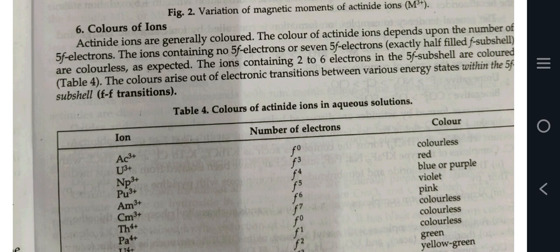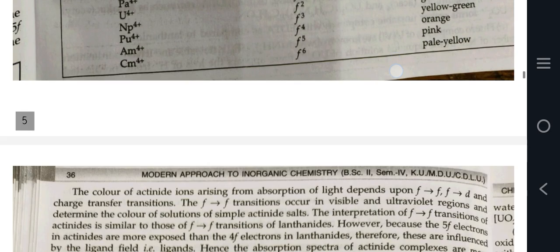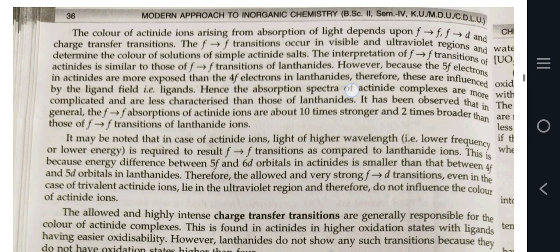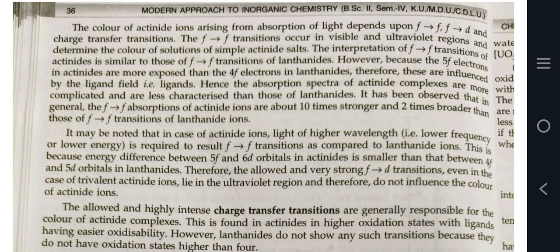f-f transition. The color of actinide ions arises from absorption of light depending upon f to f, f to d and charge transfer transition. The f to f transitions occur in the visible and ultraviolet region and determine the color of solution of simple actinide salts. The interpretation of f to f transition of actinides is similar to the f to f